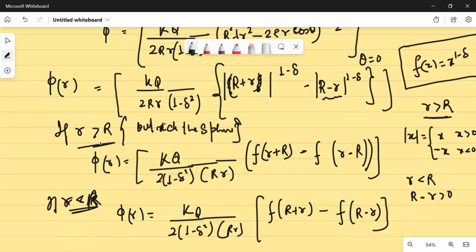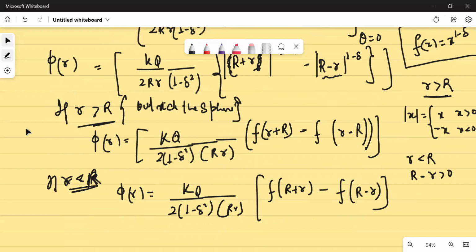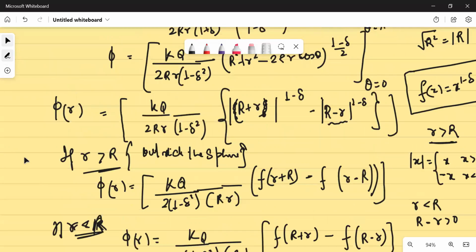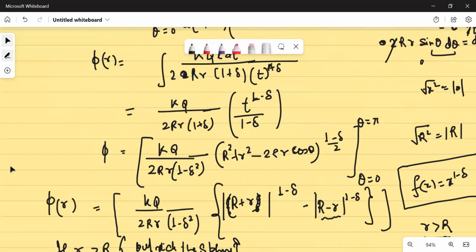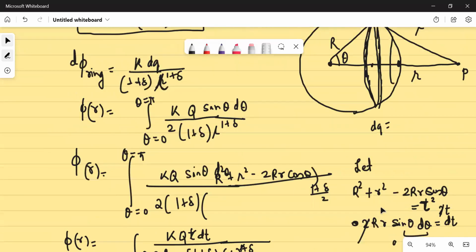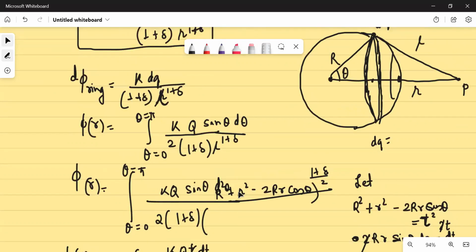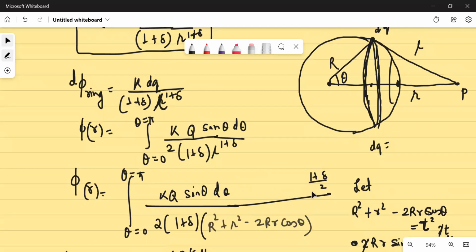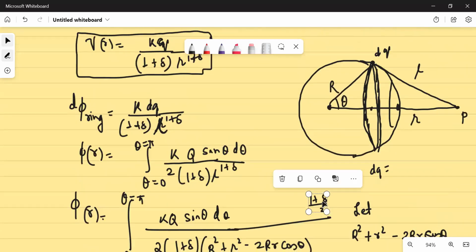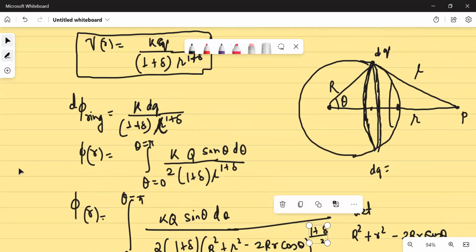The moral of the story is life was way too simple when we had inverse square law. Okay, so it took us almost 45 minutes to redo our only one expression. That is, only we are doing this potential function, nothing else. So potential function को formulate करने में we've had enough of difficulties. Is that clear? Or is that not clear? ये चीज समझ में आई है कि नहीं? हाँ ना तो बोल दो यार।